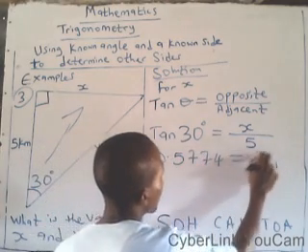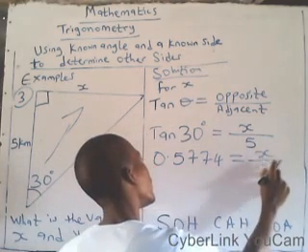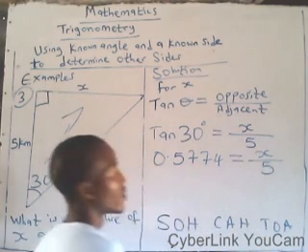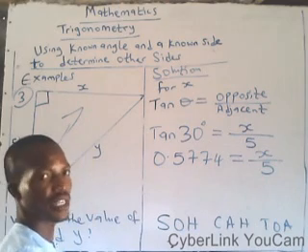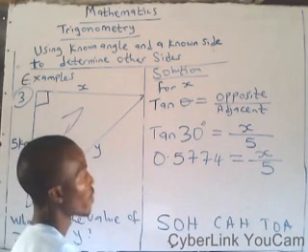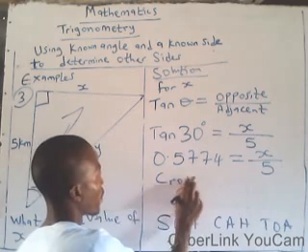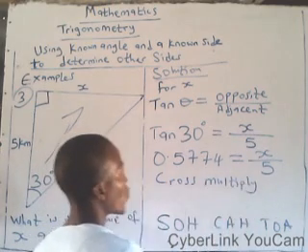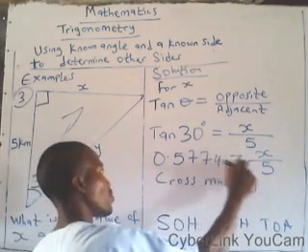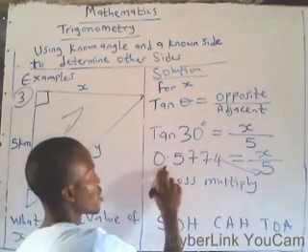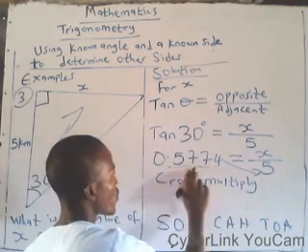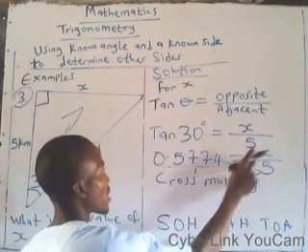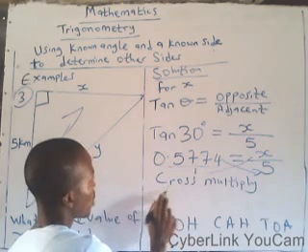0.5774 now equals x over 5. Still the same step, same method: cross multiply. When we cross multiply, this one is going to be assumed to be over 1. Then you use x to multiply 1. Then you have